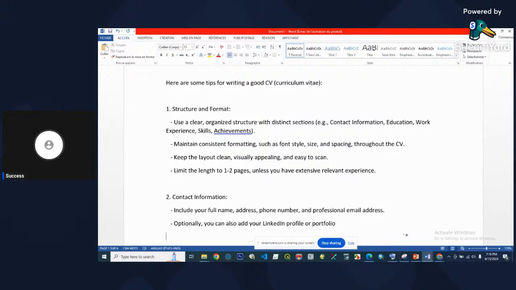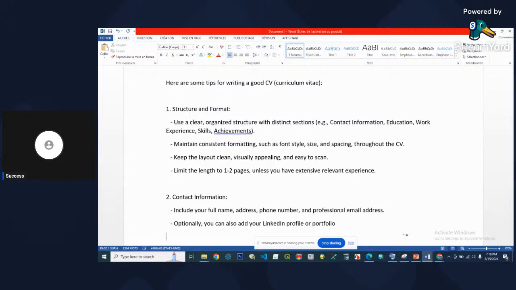But even if your location is necessary, you don't need to put something like quarter seven of Mayor Street, Molyko, Buea. Come on, that doesn't make sense. Cameroon is enough, or Southwest Cameroon, or Buea. Cameroon is enough, right? Those are things like that. Anyways, we're going to look through that.